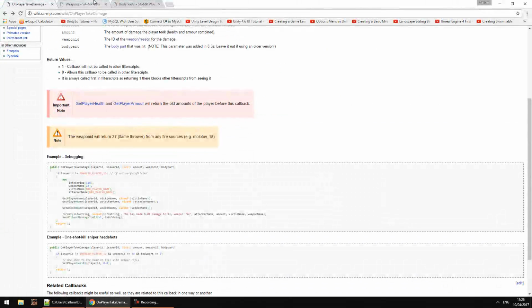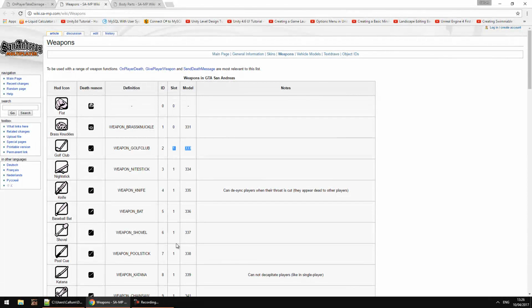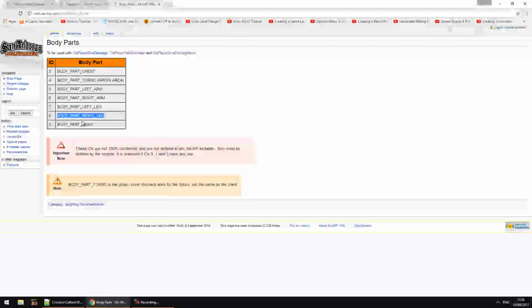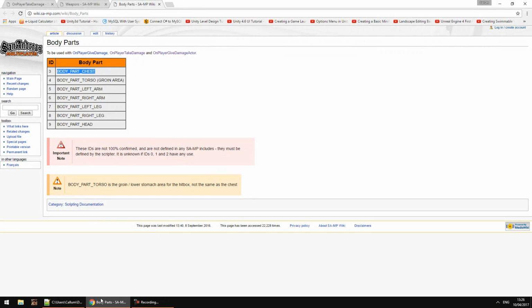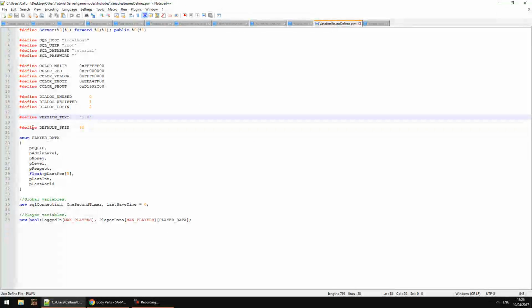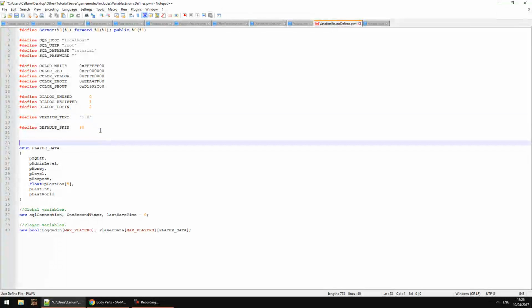So let's get to it. First of all, we need to define some things such as body parts. So we'll do that first. If you just copy that and then go into your variables, enums and defines, come up here and